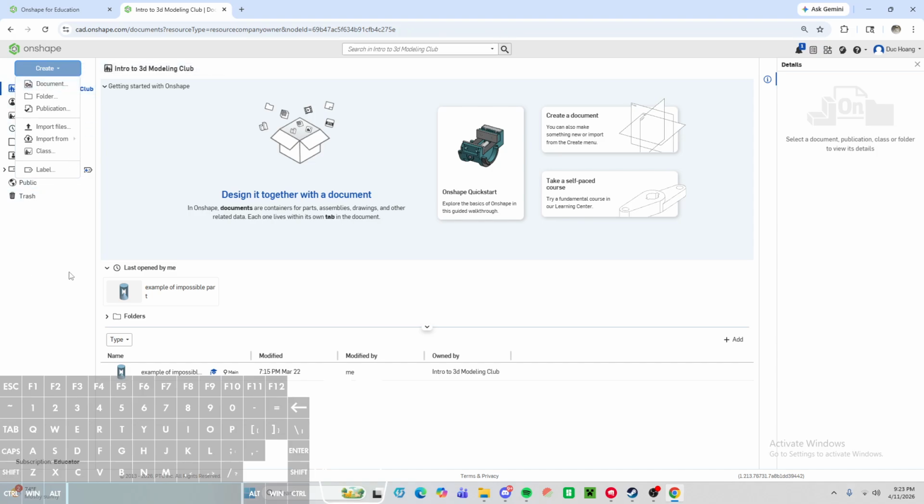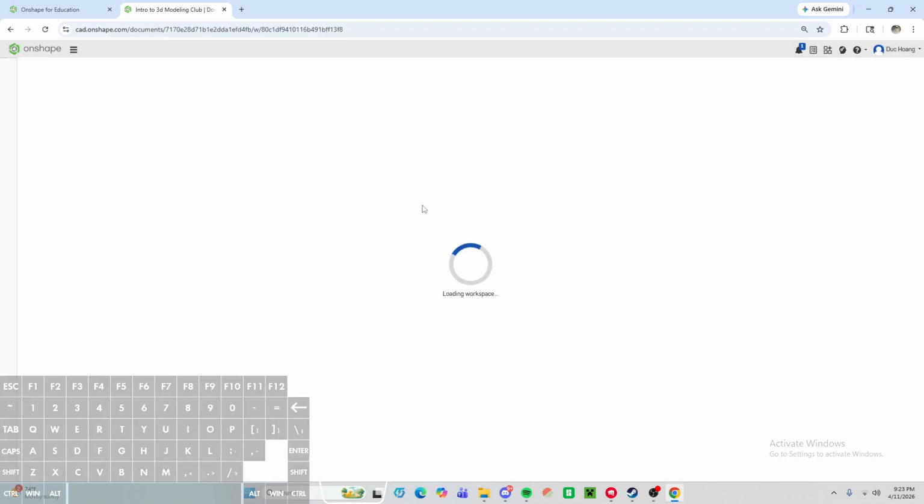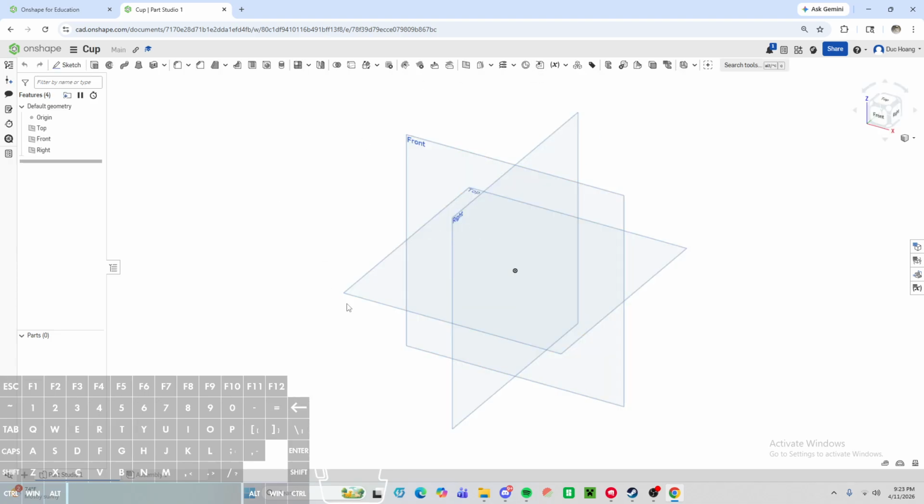Once you click create, select create document, and then we're gonna name it. Whenever you name it, just call it something like cup. You want to name things something you will recognize. You don't want silly random names. It's not helpful. But once you do that, you're just gonna click create, and then it'll immediately load you